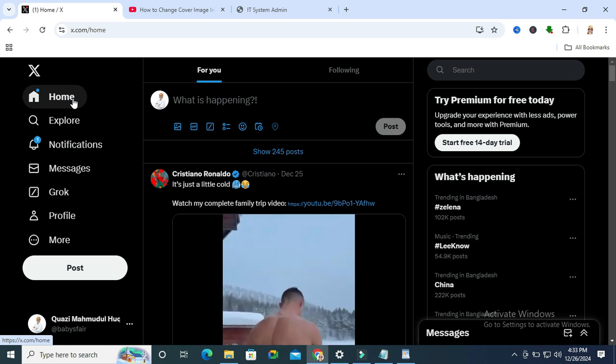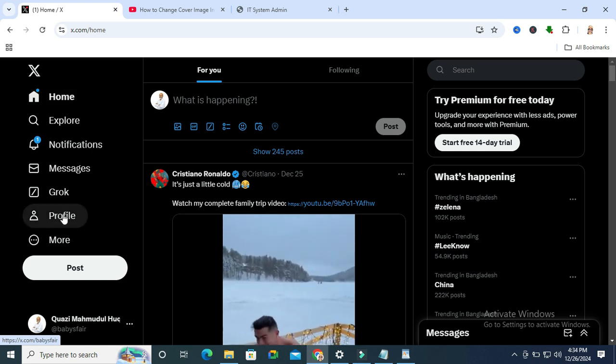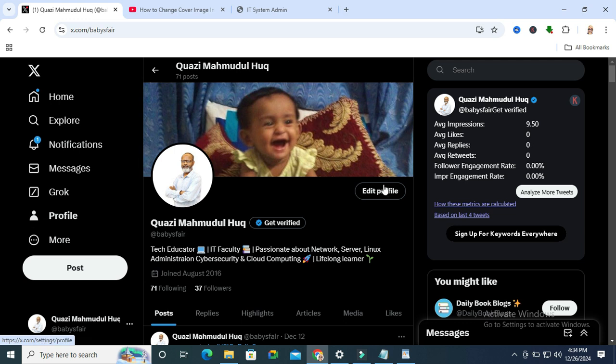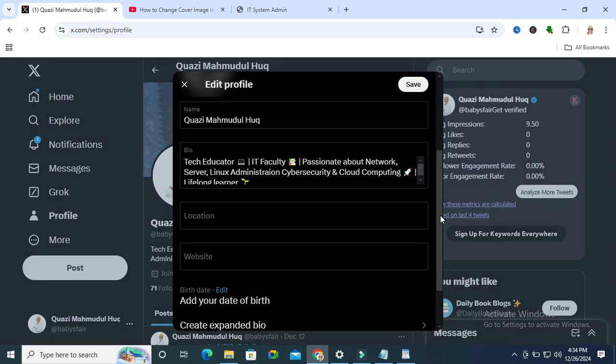To add location on your Twitter profile, browse x.com and click on the profile icon on the left pane and then click on edit profile. Now scroll down. Here you will find location. Just type your location here. I am typing Dhaka, Bangladesh, and keep it in your mind that you can add your location within 30 characters. Now click on save